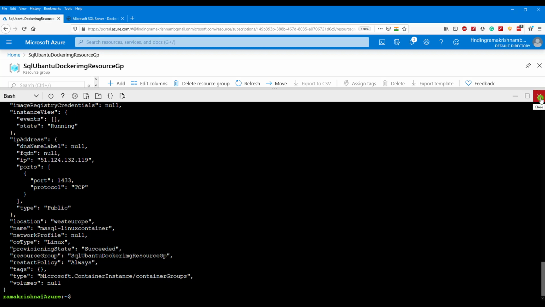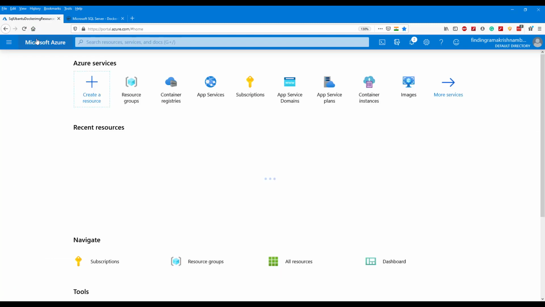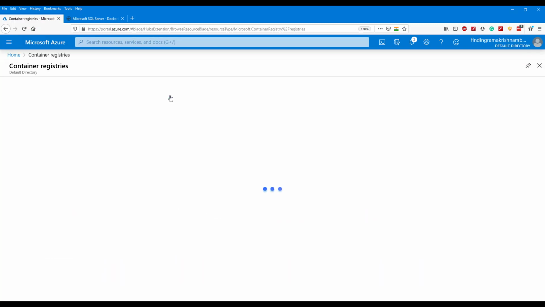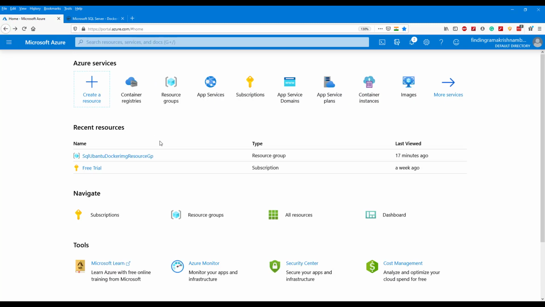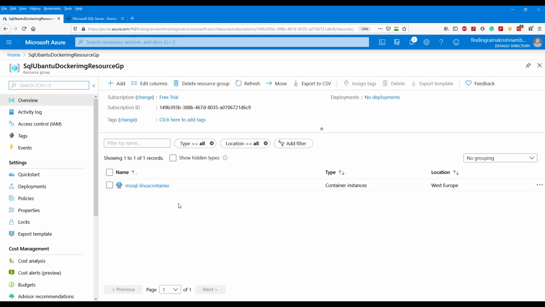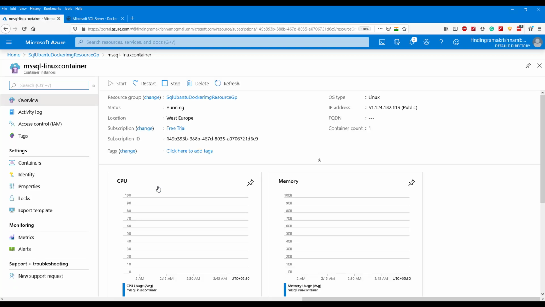So close the shell and we'll go back and check that. It takes a while to reflect the changes. Yes, we have the SQL Linux container Azure Container Registry here. Let's open this.